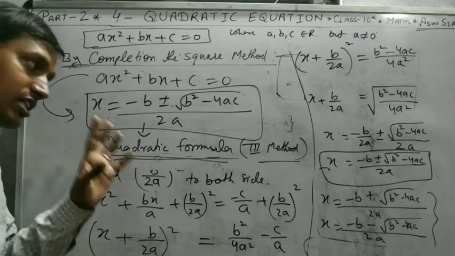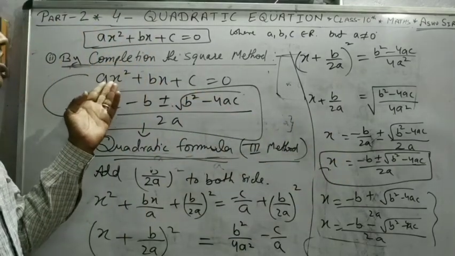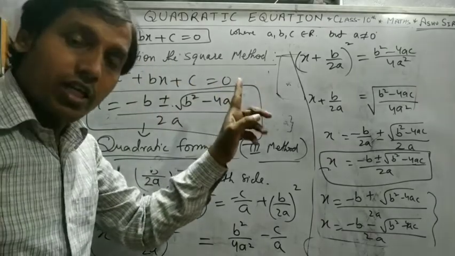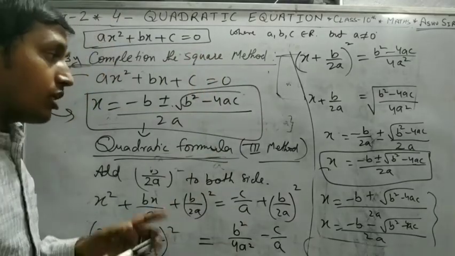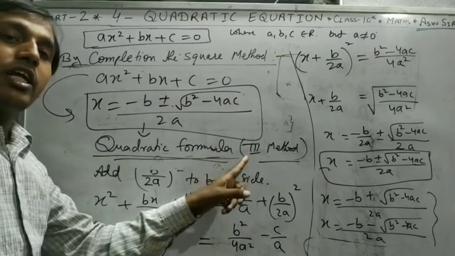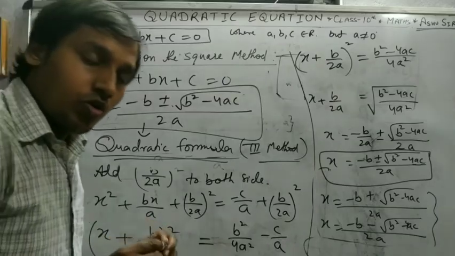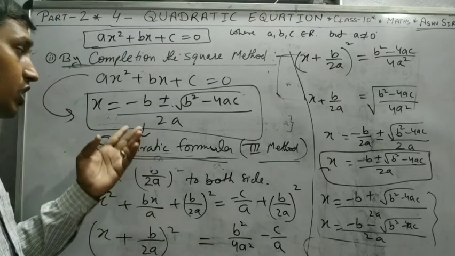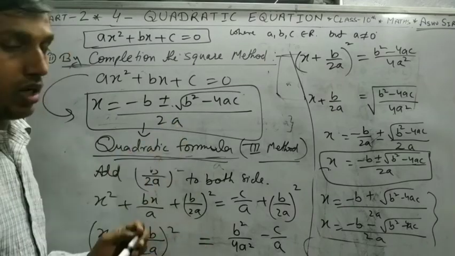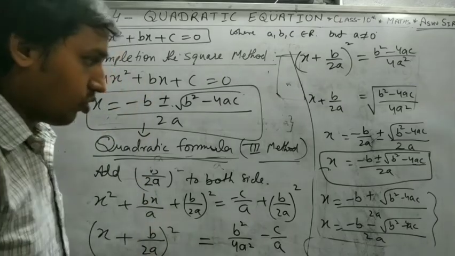Okay, it means you can say that this method to solve the standard form of the quadratic equation by using the completing the square method is also the proof of the quadratic formula. That is the third method to solve the equation. So in my next video, you will see how we use this quadratic formula to find the roots directly, and some more conditions. So see you in the next video.